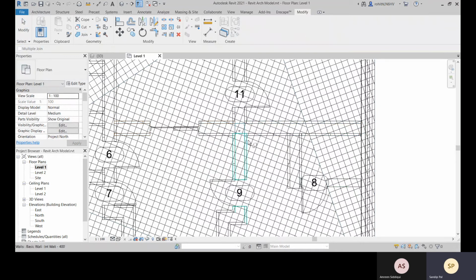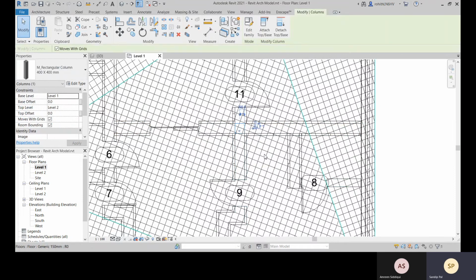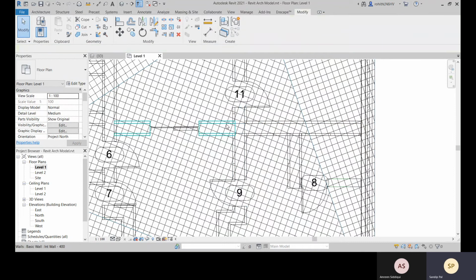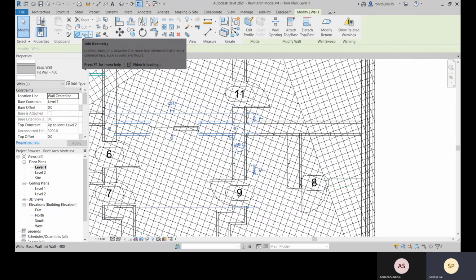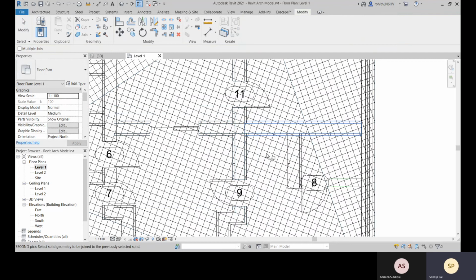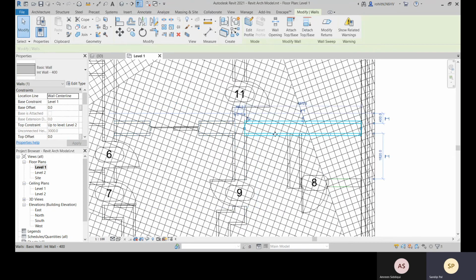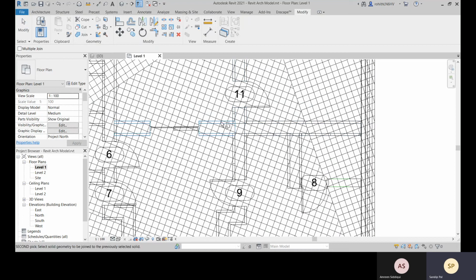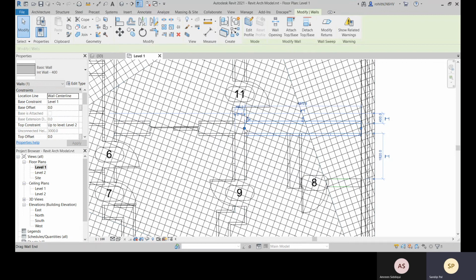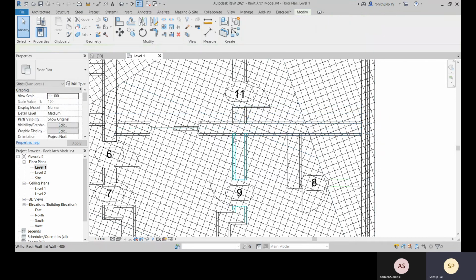Okay, no problem. Let me delete this because this is probably overlapping. So join with this. We connect this surface and join.